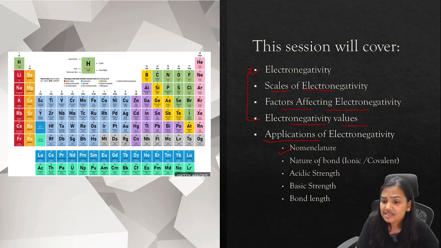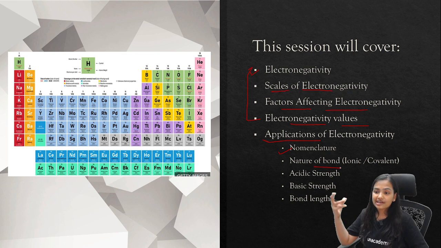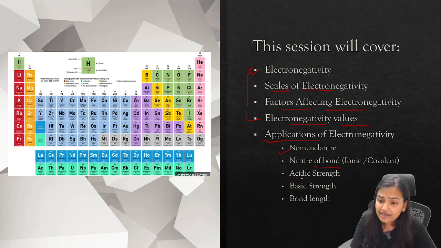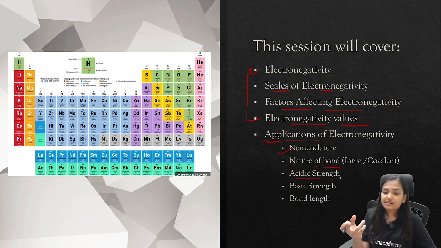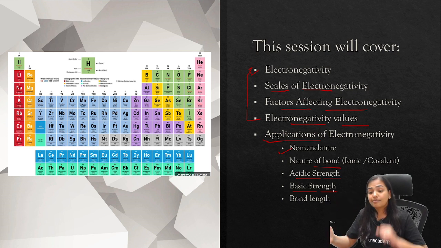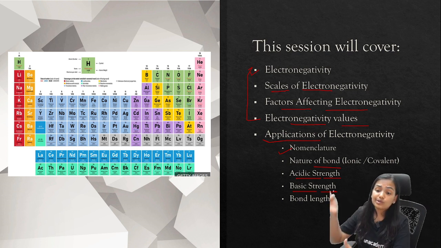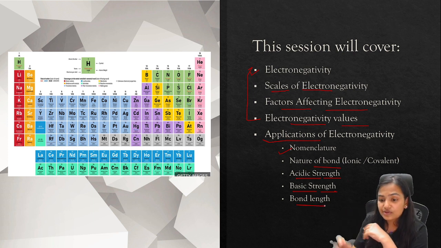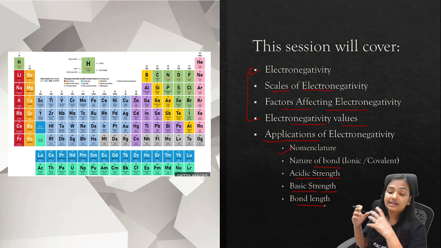What is the type of a bond, whether ionic or covalent, and how can we determine the nature of a bond? How can we determine acidic strength and basic strength depending upon the electronegativity values? Many students are always confused about acid-base behavior because they don't know the electronegativity principle. So here we are going to focus on all such things,